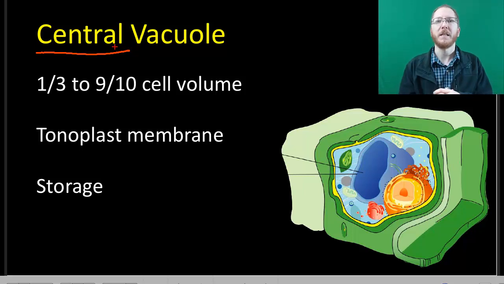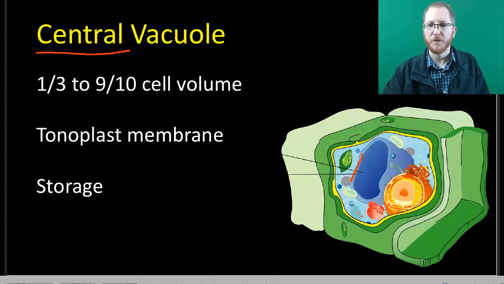And so that's why ultimately people will say, like, don't just eat random berries in the forest because you don't know if they have toxins in them. Same thing as just munching on leaves. You don't know if they've developed or evolved over the years some type of toxin to try to ward off predators. The tonoplast is just a fancy word for the membrane that surrounds this, because we've said the central vacuole